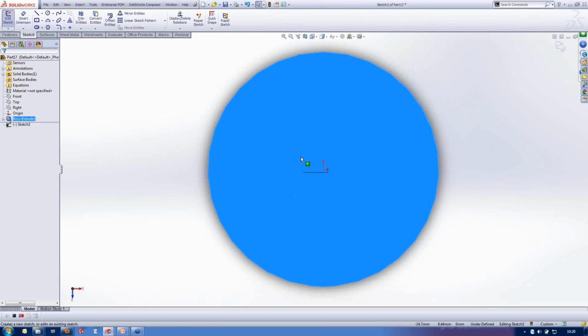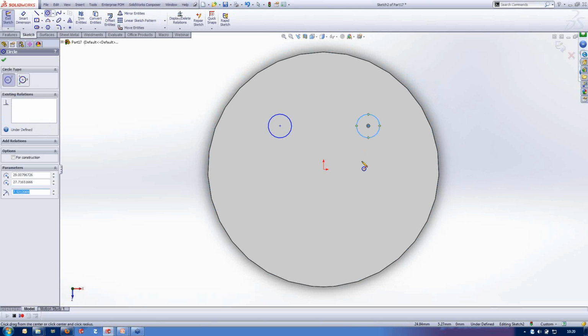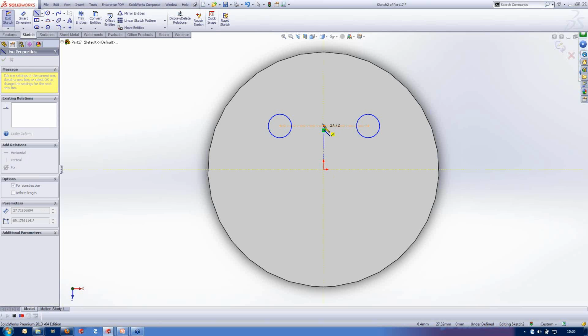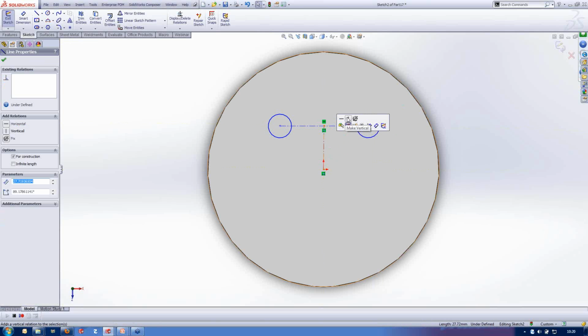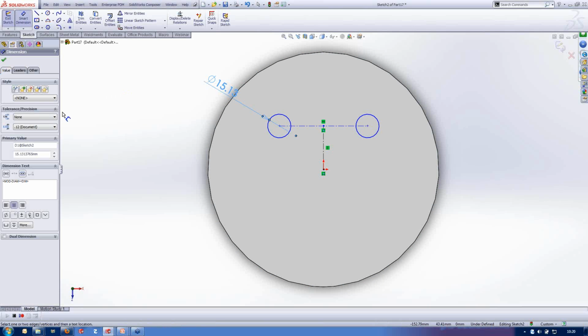We're then going to put a sketch on the front face. Again, we're going to draw some circles, and we're going to start positioning these. And I'm going to the middle deliberately because then I can add a vertical relation, and then we're going to start adding some